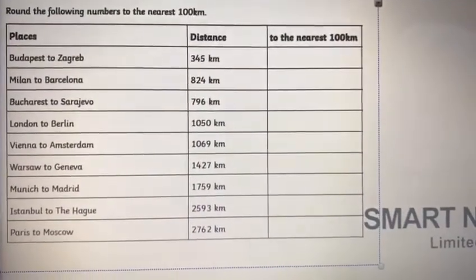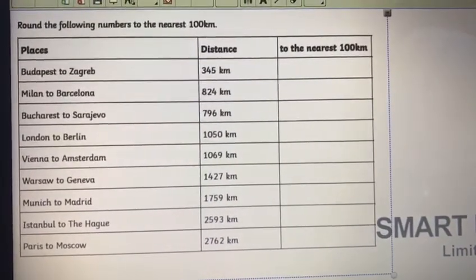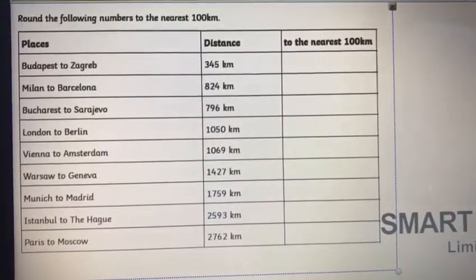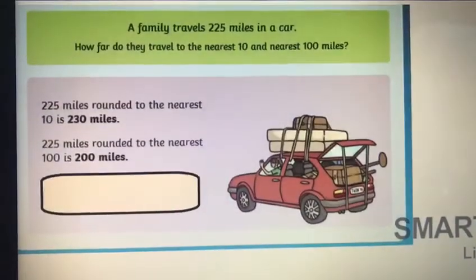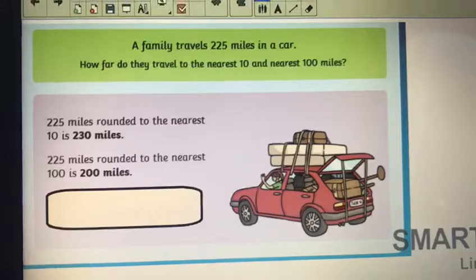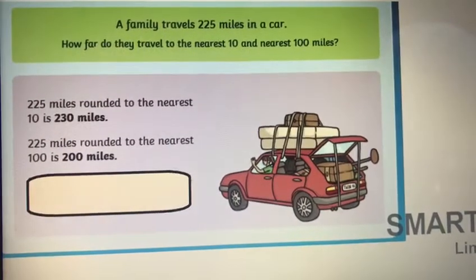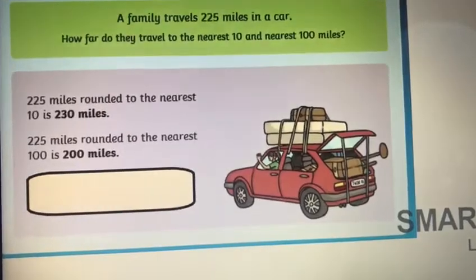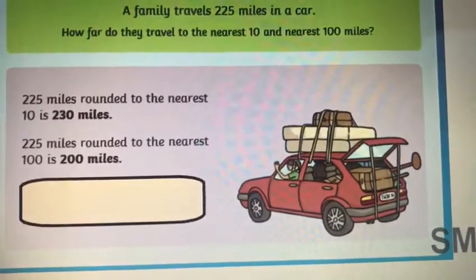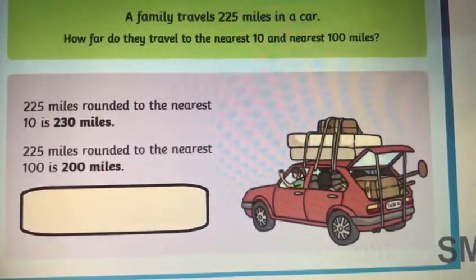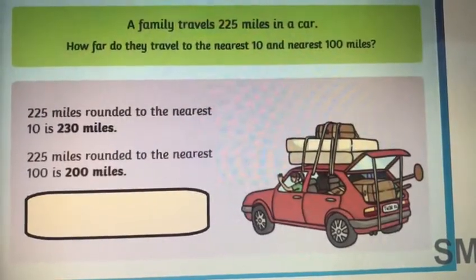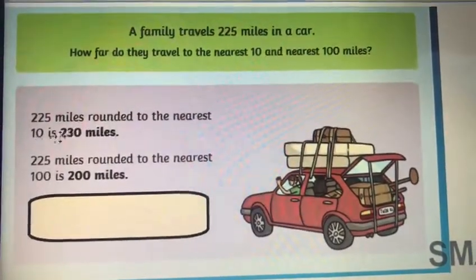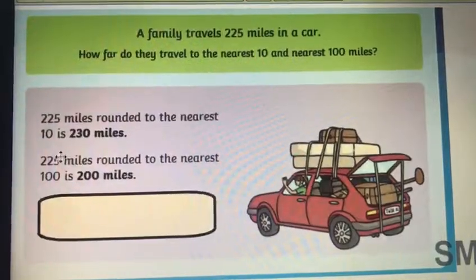Once you've done that, you can draw this table in your books and complete it. Let's go through a word problem together if you want an extra challenge. A family travels 225 miles in a car. How far do they travel to the nearest 10 and nearest 100 miles? So 225 miles rounded to the nearest 10 is